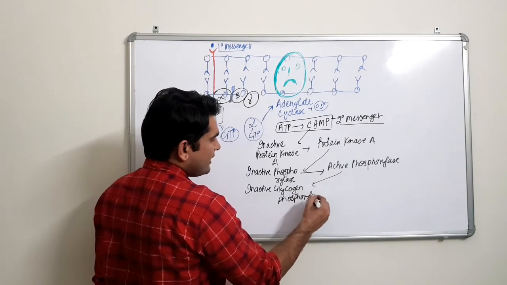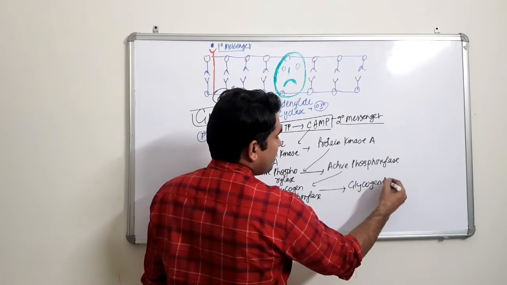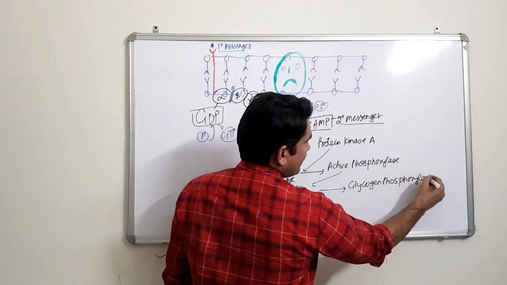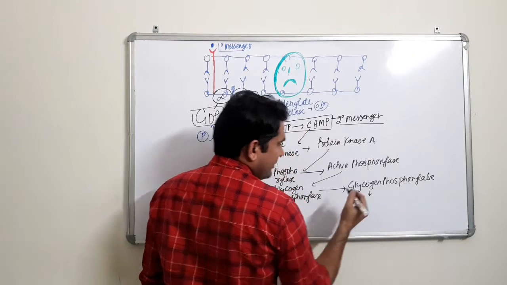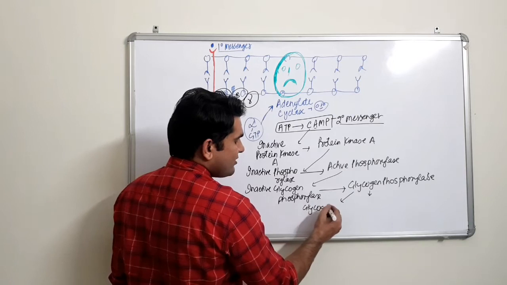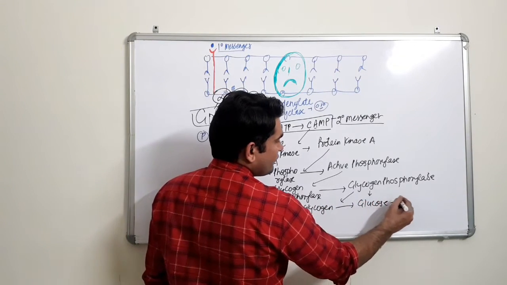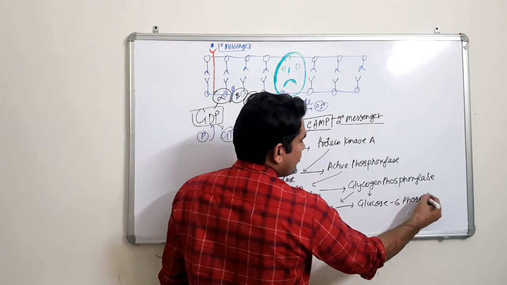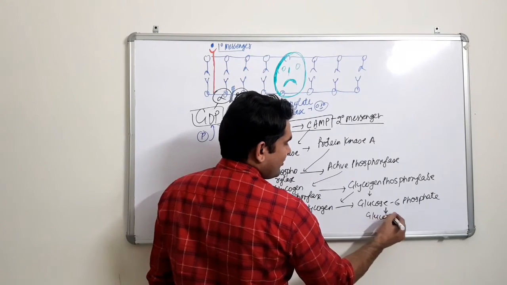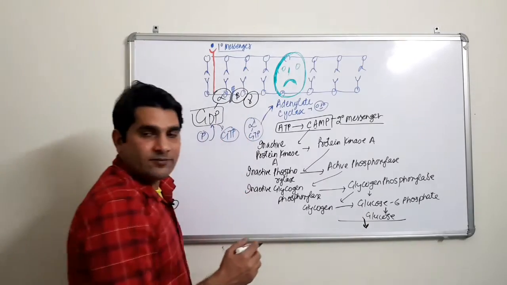और जो ग्लाइकोजन फॉस्फोराइलेज है जब वो एक्टिव हो जाएगा, now the real story would start. Phosphorylase, it would be acting on glycogen. और ग्लाइकोजन फॉस्फोराइलेज जब ग्लाइकोजन पे एक्ट करता है तो बनता है ग्लूकोज 6 फॉस्फेट, और जब ग्लूकोज 6 फॉस्फेट से फॉस्फेट रिमूव हो जाएगा तो बन जाएगा ग्लूकोज। और ये ग्लूकोज कहाँ जाएगा, सेल से बाहर। और सेल से बाहर क्या है यहाँ पे, ब्लड वेसल।